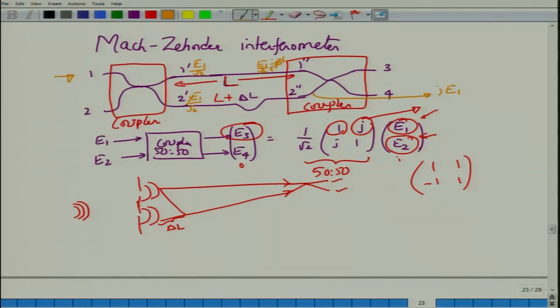and the second wave would come in with an amplitude of j E1 by root 2 e power minus j beta L, that would be the common phase, but because of the extra propagation length, this extra phase of beta delta L also is acquired by the wave arriving at 2 prime. This is simple plane wave propagation through two paths of unequal lengths, right. And when you put them together back, you can actually show that the power in the third port is proportional to sine square beta delta L, and power in the fourth one is proportional to cos square beta delta L.